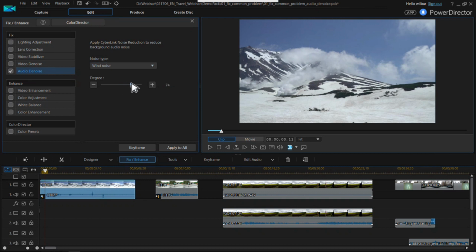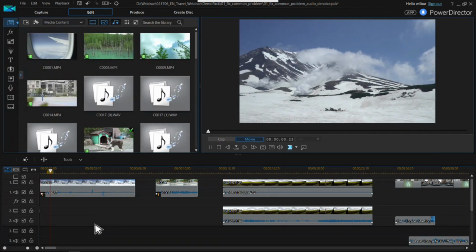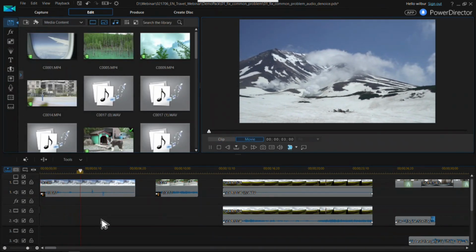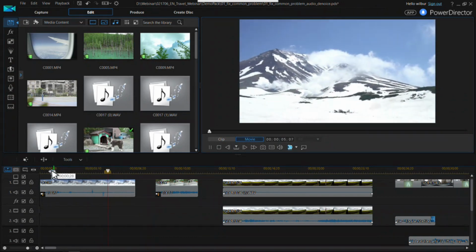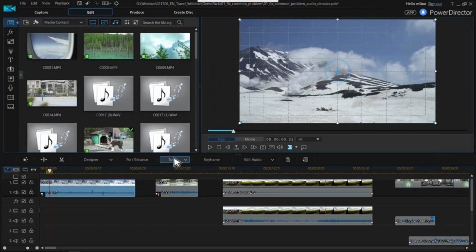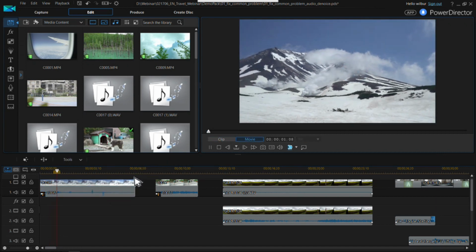So you can set a degree here. Now you can just play again. Okay, so you can see that the wind noise has been reduced, but you still can hear the click